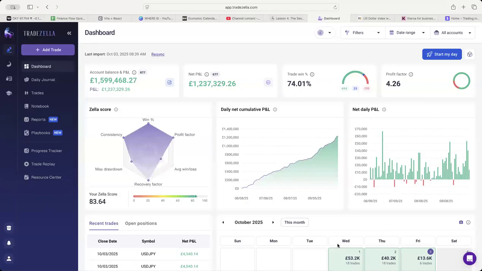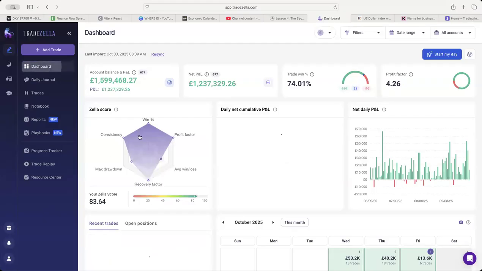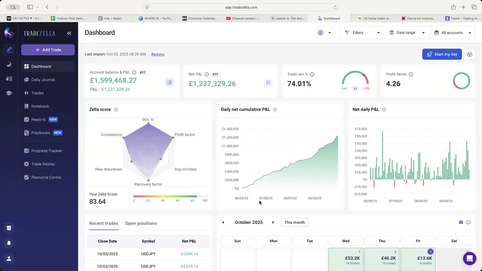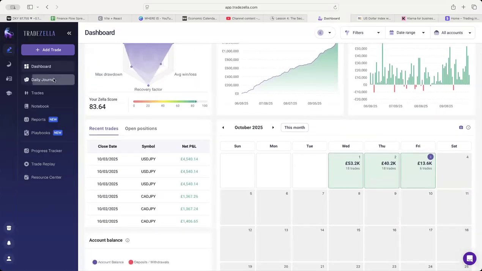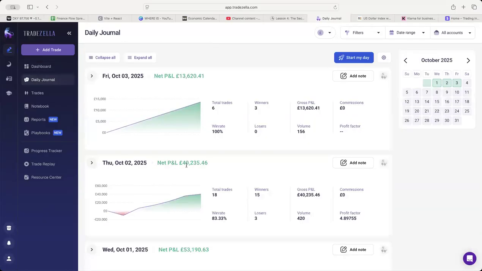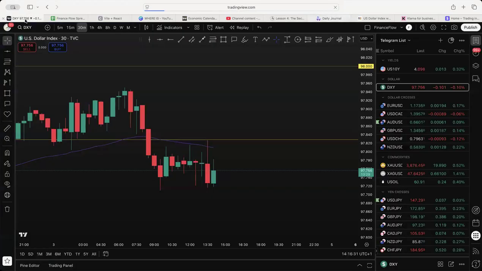Right, let's get started. So we had a good start to the morning. Dashboard should refresh. Yeah, we had a very, very good start to the morning. You see the daily journal. We still got AUD USD running, but we made some good profit on USD JPY, which is good. So let's go into this and just have a look at what has happened.